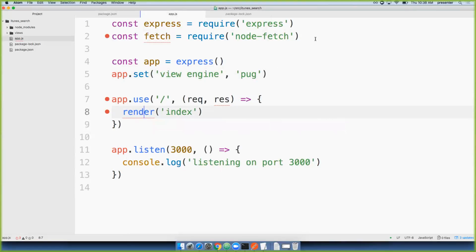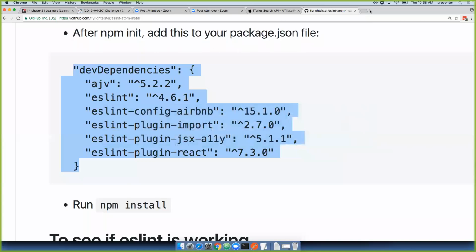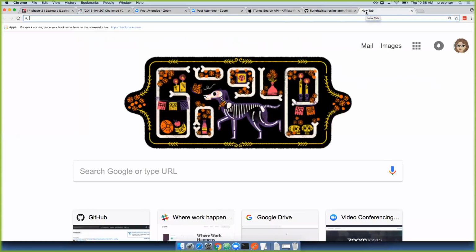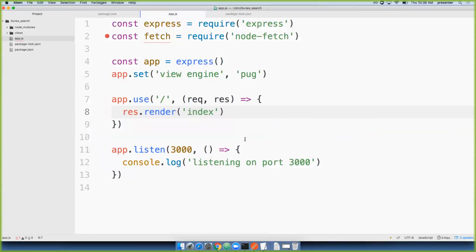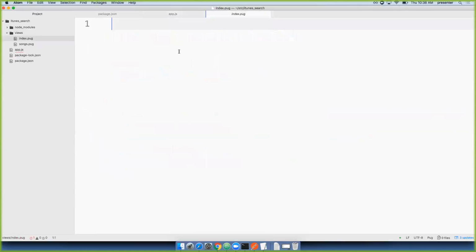Do I have to import render from Pug? Let's just look at a Pug quick start. Say that again? Res.render. Okay, clearly my Express experience is tiny. Awesome. Thank you. I just want you guys to feel useful. Okay, so all right. And now if we do index.pug,